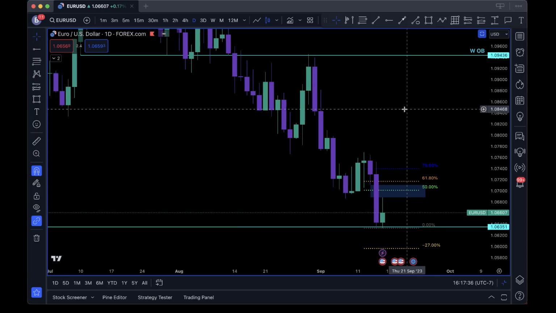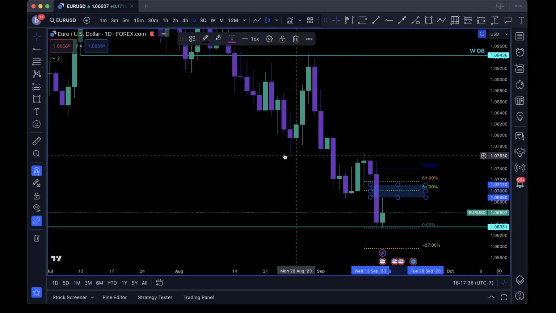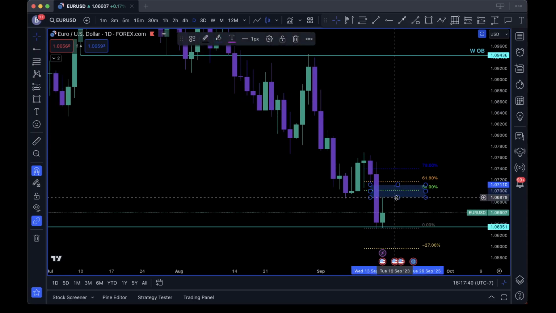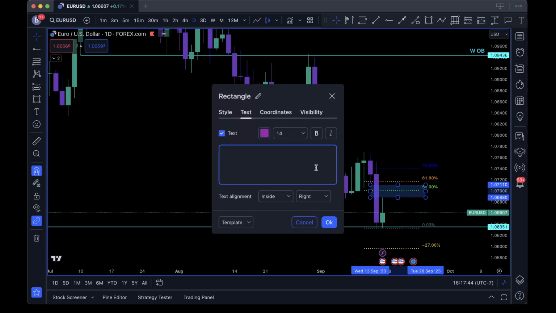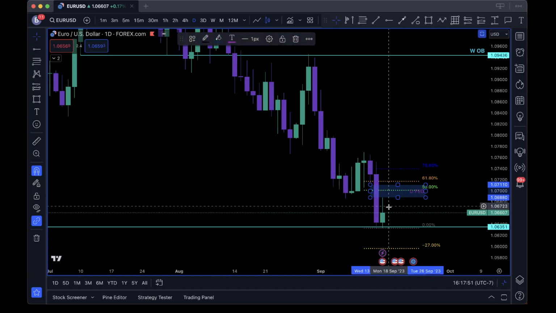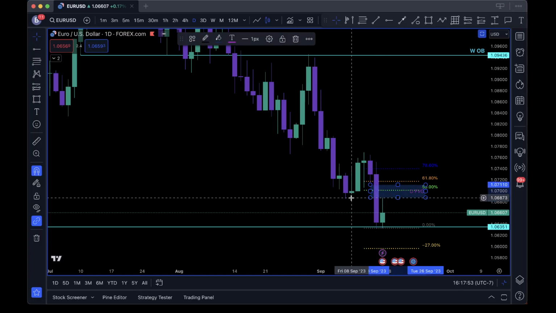But cool. So we have this daily fair value gap. Let's go ahead and write that in, right? So we're just kind of breaking down this chart from scratch. This is kind of my process, right? We were at the weekly to get our large narrative. Our daily is also bearish. There's our narrative. So here we go. Daily FVG. There's a daily fair value gap. We're at premium. We do have this breaker block right here as well, right?